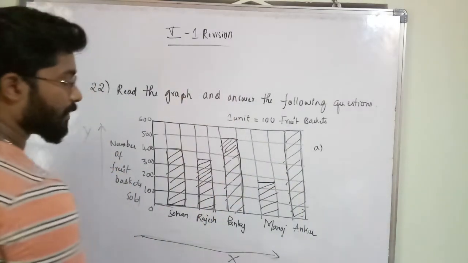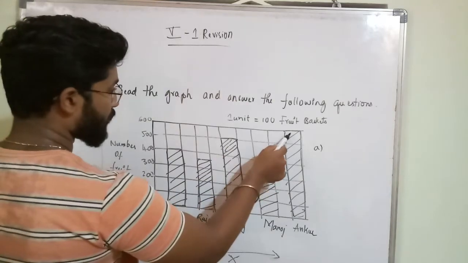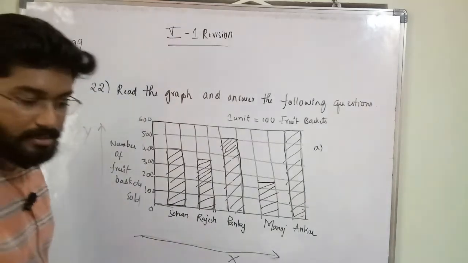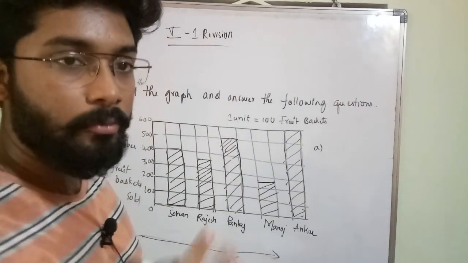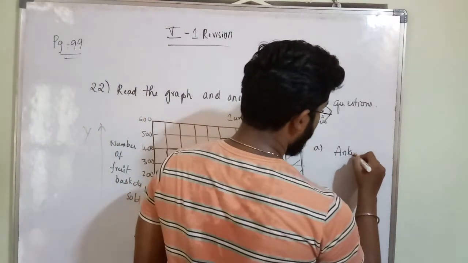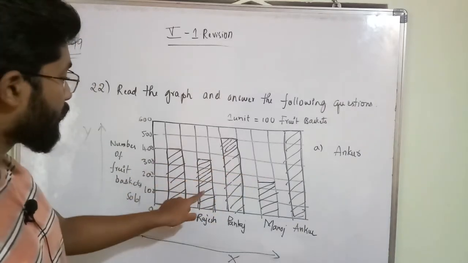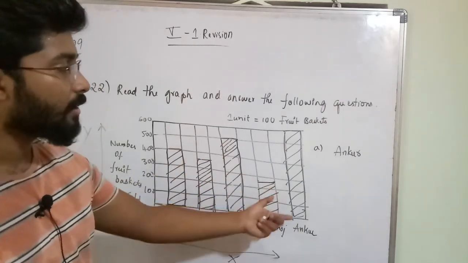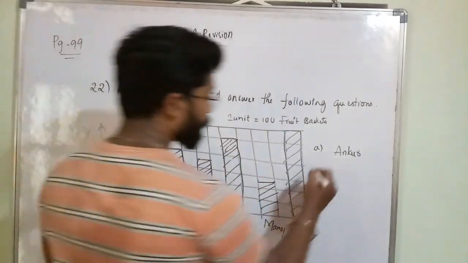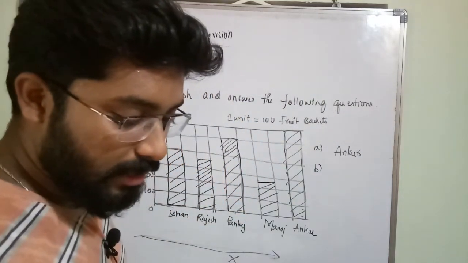Like that you have to understand. So you have to see the numbers: 400, 350, 500, 250, 600. So 600 is the highest maximum number of baskets. So what is the question? Who sold the maximum number of fruit baskets? Who sold? Ankur. Answer is Ankur, because he sold how many? 600. 600 is greater than all these numbers, no? 400, 350, 500, 250, 600. 600 is greater among all those. So who sold that one? Ankur.